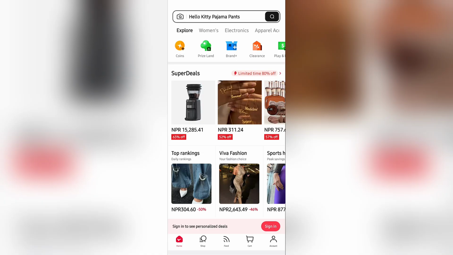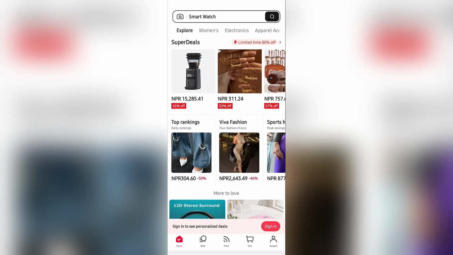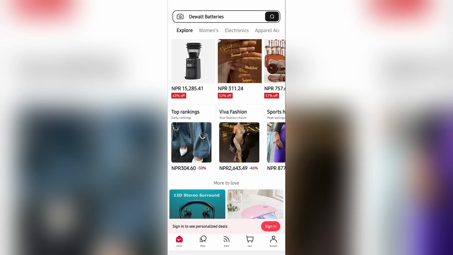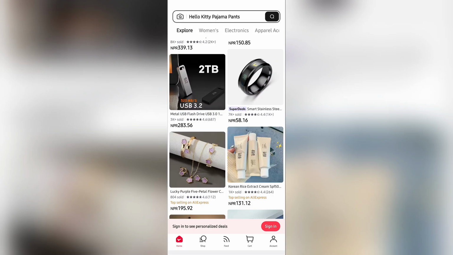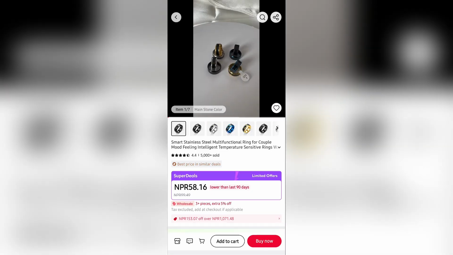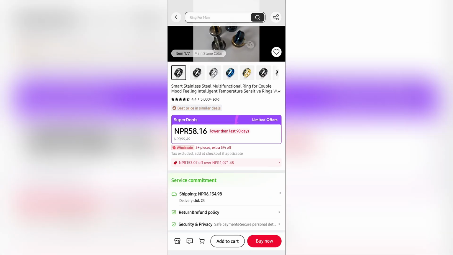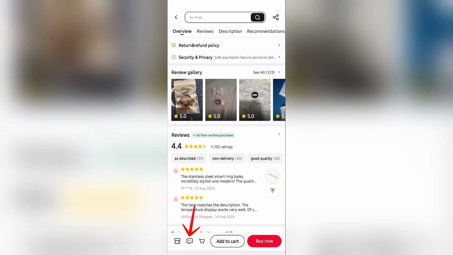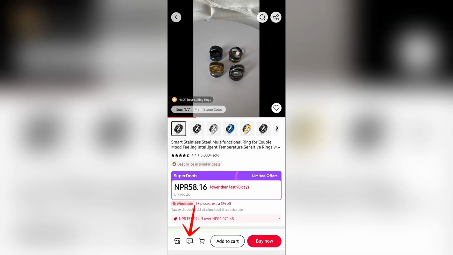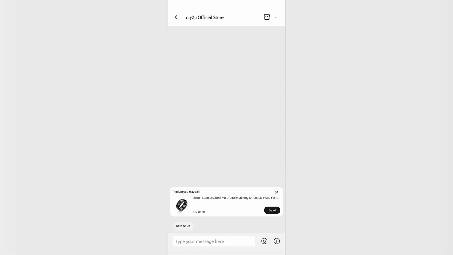Now, if you want to message AliExpress suppliers, you just simply need to open any product from the suppliers which you would like to message. For example, let's open this ring right here, and after you open any of the products, you are going to see this option of message at the very bottom row of the product. Simply tap into that, and then you can very easily send a message to the seller or the suppliers,